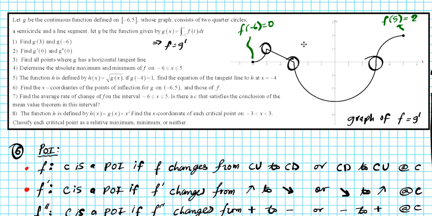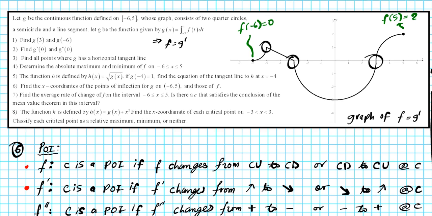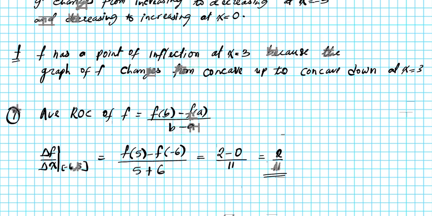So since you have differentiability failing at a point or more in the interval, that means that the hypothesis of the mean value theorem has been violated, hence there's no C that satisfies the conclusion. Okay? So if you have a function that is differentiable and continuous, then you can advance to the conclusion. But if it's not differentiable at any x value, then it automatically violates the hypothesis of the mean value theorem. Okay, so our answer is